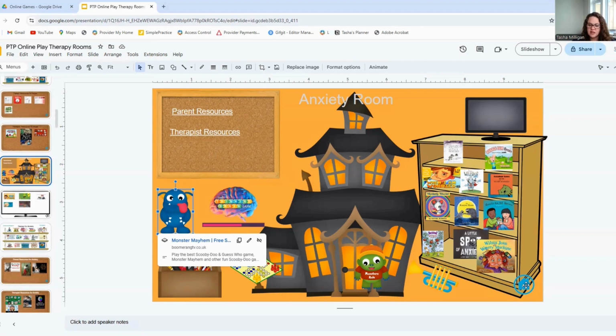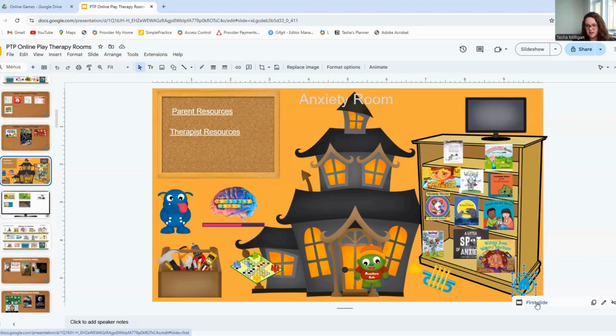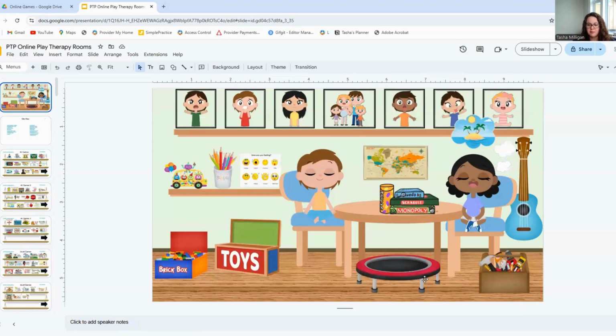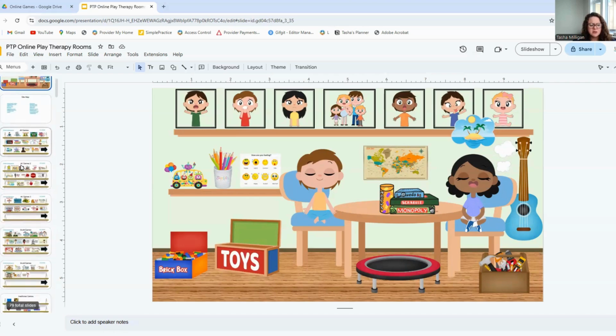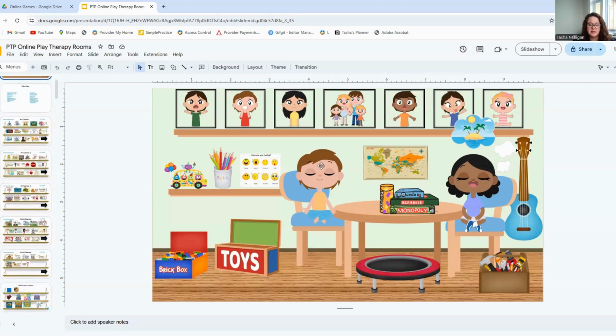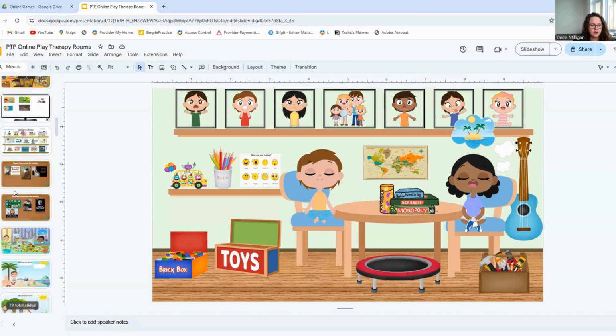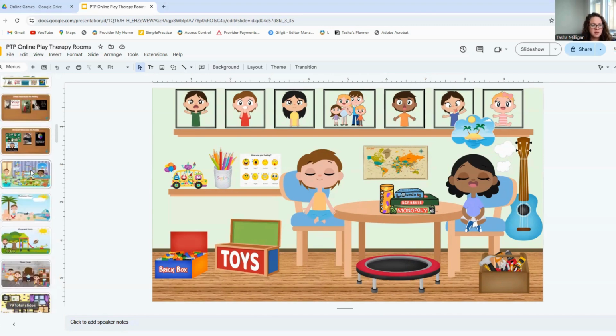And then there's the home button. So if you ever get lost and you're like, okay, I don't want to be down here in anxiety anymore, I want to go back up and do something different, then you can hop right back up here. And some of the rooms that I think are helpful to explore are going to be the